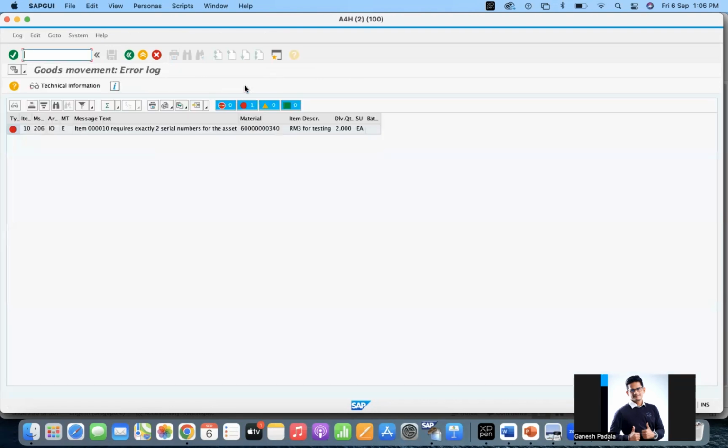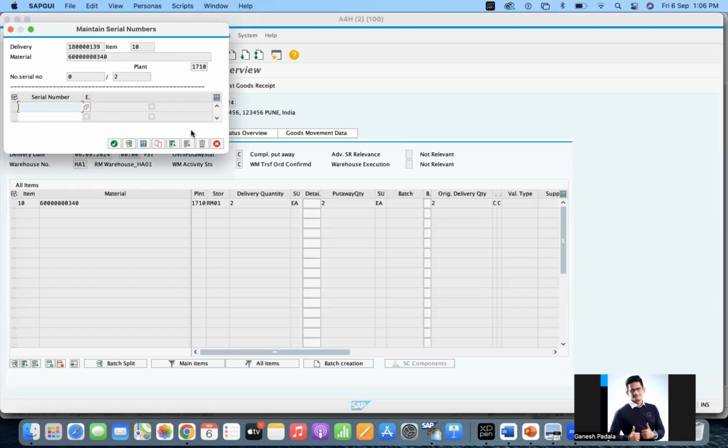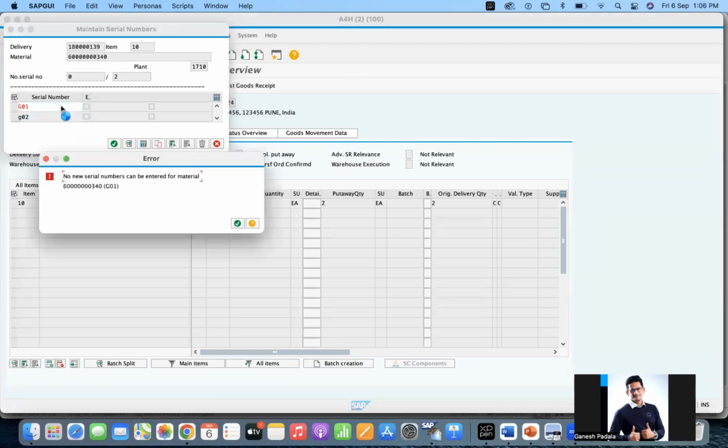You will get a message: 2 serial numbers are required. So where to go? Go to extras and serial numbers. And there is no automatic serial number option. For example, I want to give G01 and G02. See, no new serial numbers can be entered for manual. This error message is coming. Whenever you see this error message, what is the reason? The reason is